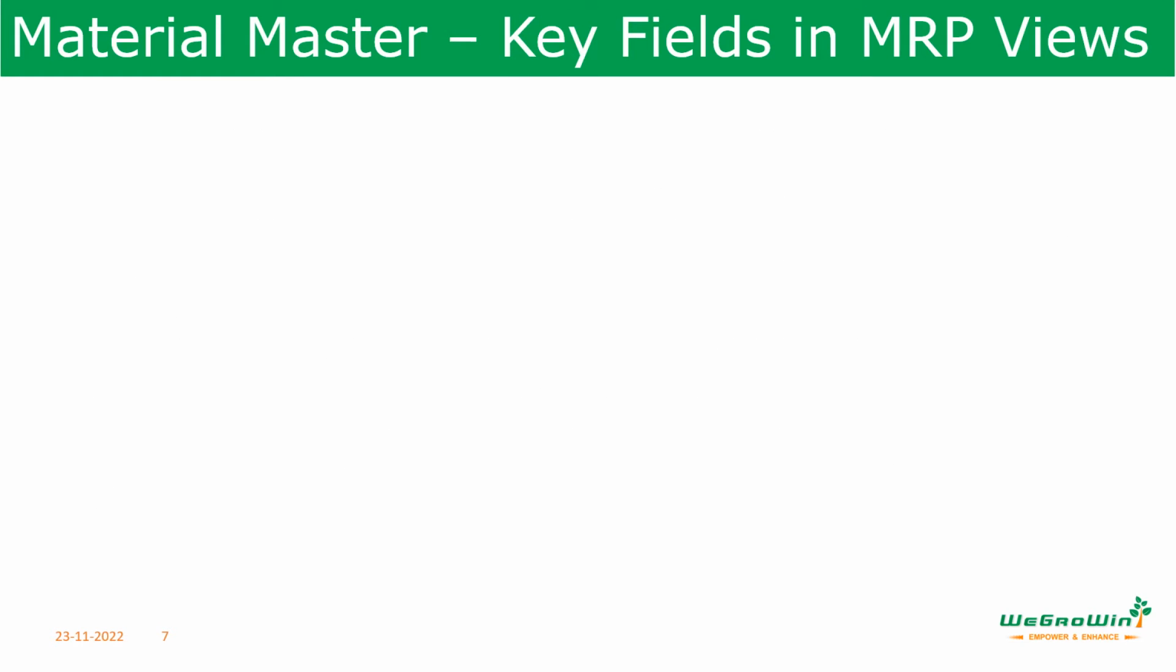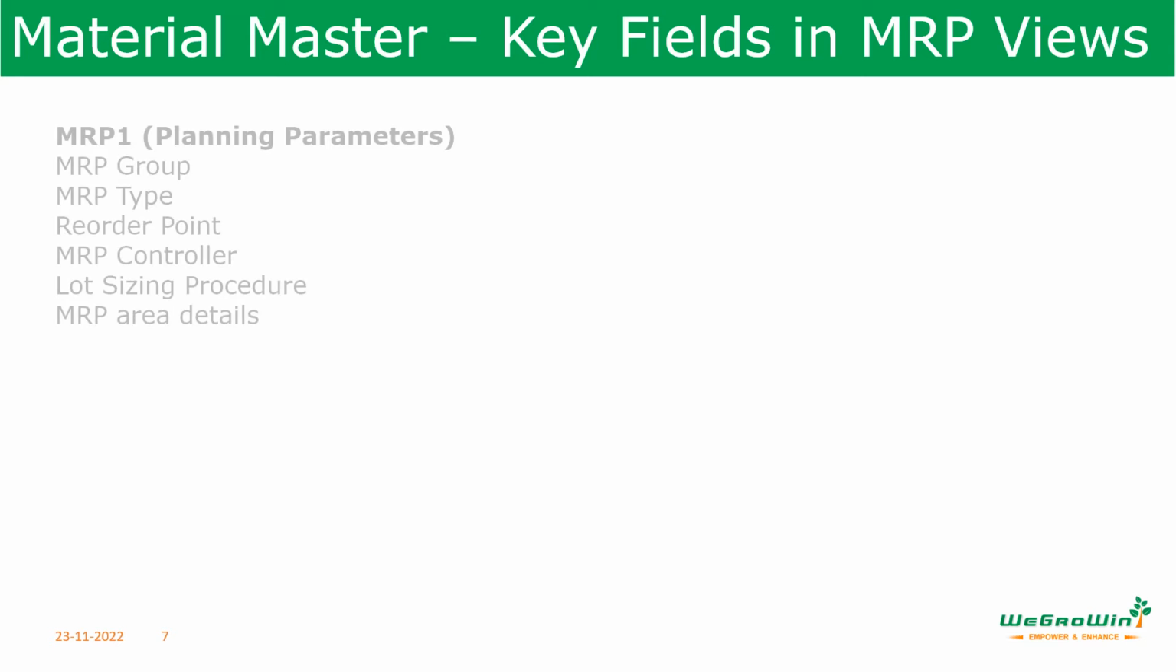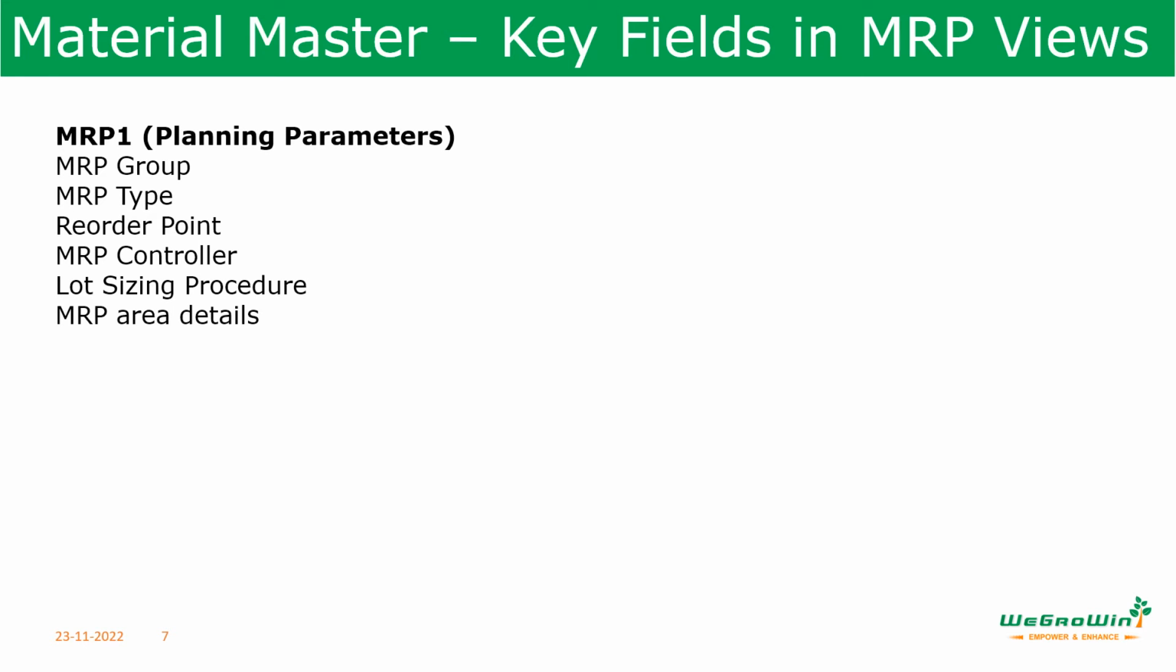In each view, there are some critical fields. Those things you should remember, and you should also know the function of each field very clearly. For example, in MRP1, the planning parameters like MRP group, MRP type, reorder point, MRP controller, lot sizing procedure, and MRP area